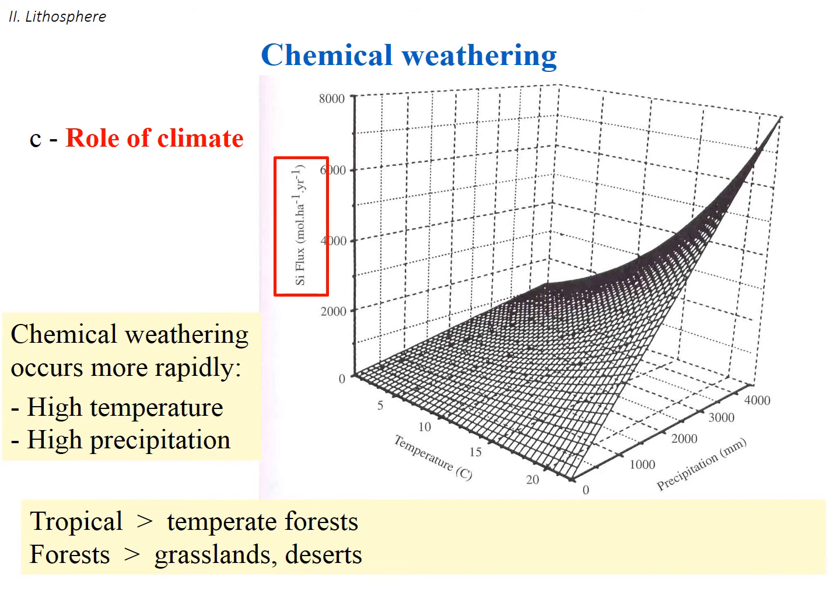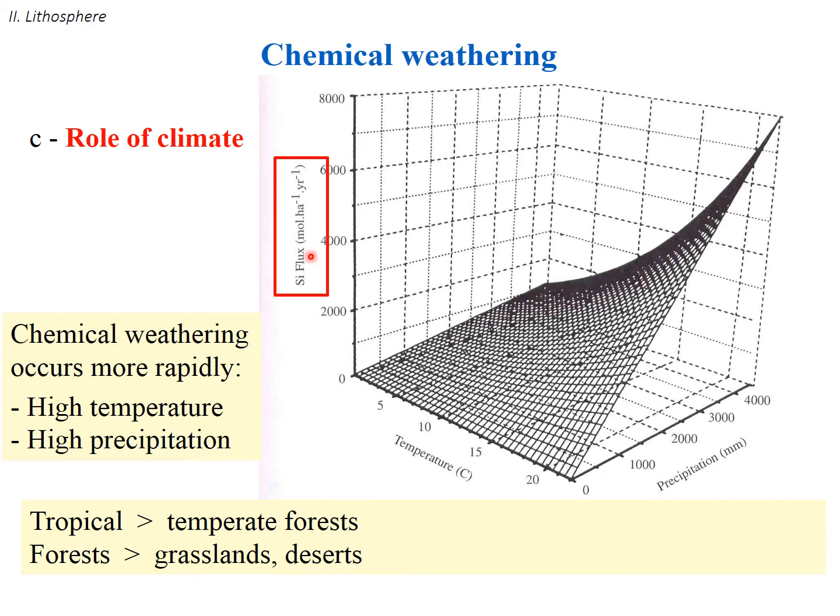And you'll recall from the lectures when we were talking about feedbacks in the climate system that there is a really strong feedback between climate and weathering. When it's really wet and really warm, so this is quite a difficult graph to understand, so we'll just talk to it. You can think of this as a plot that's got three axes. The higher up you are on this vertical axis here, this is the silica flux. This is the rate of weathering, the amount of elements we're releasing from rocks into the